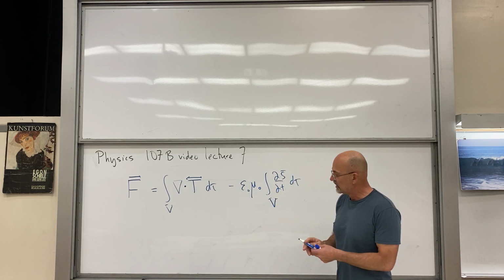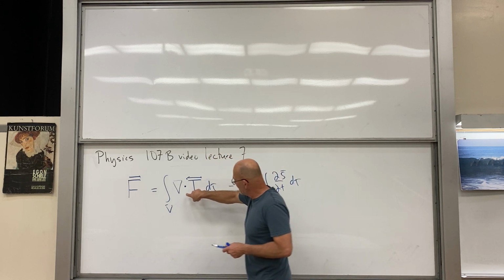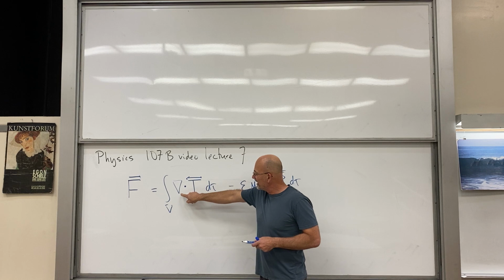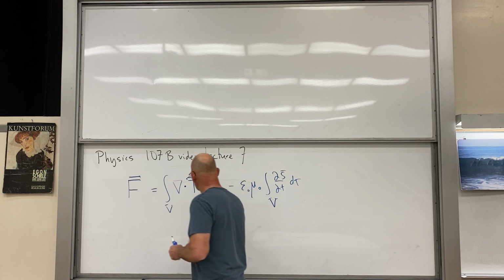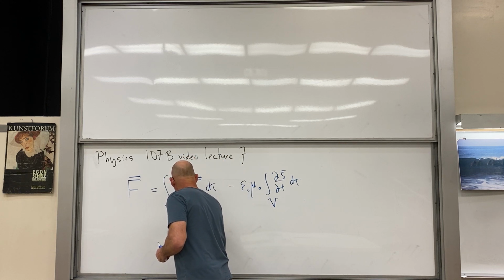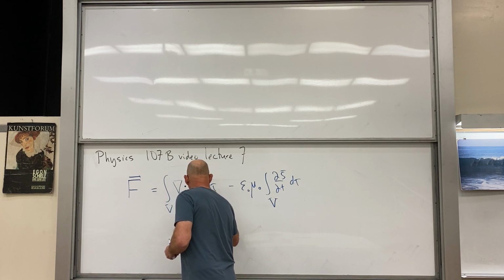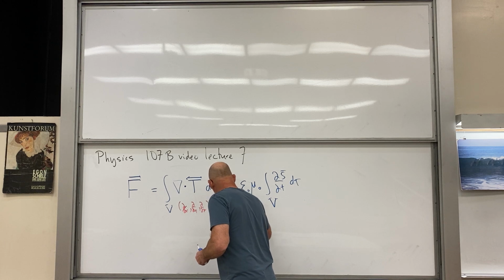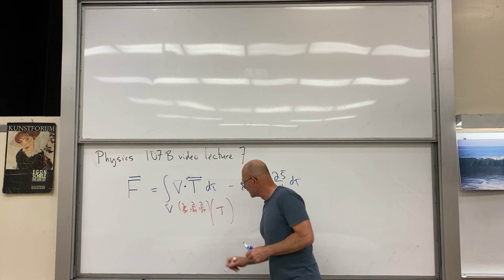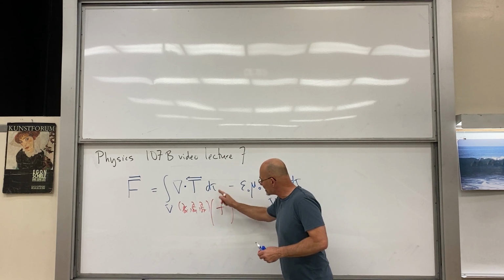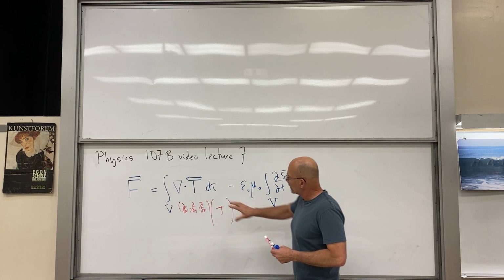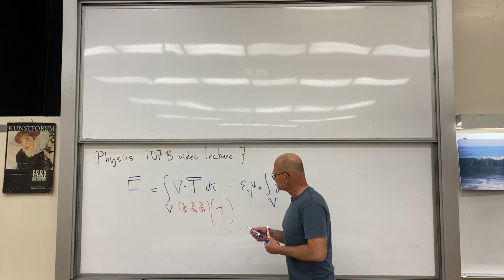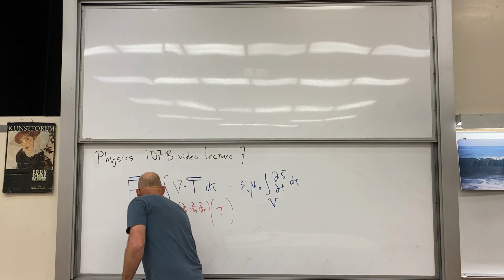Okay, so what do we have here? Divergence of this 3x3 matrix. What that means is we're taking the divergence as a row, if you will. So this would be d over dx, d over dy, d over dz, operating on this matrix. Okay, so row times column. So 3x3 matrix. We also can